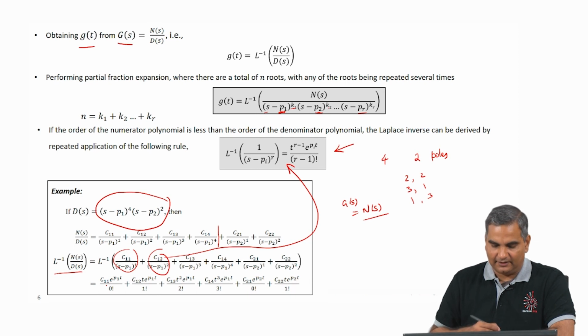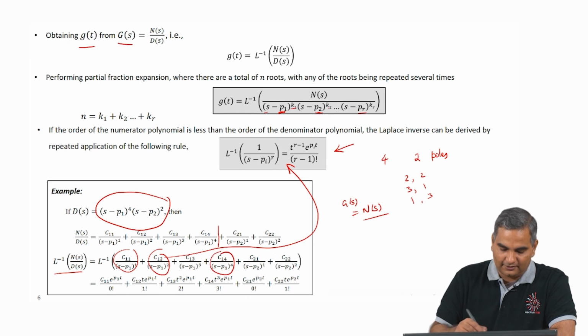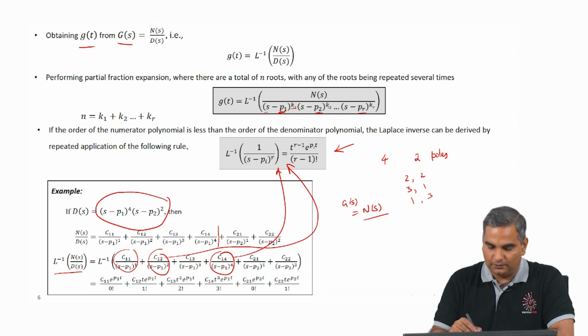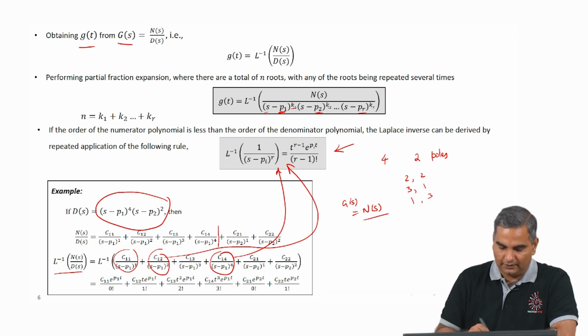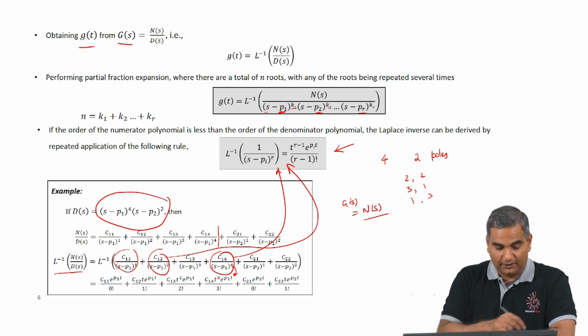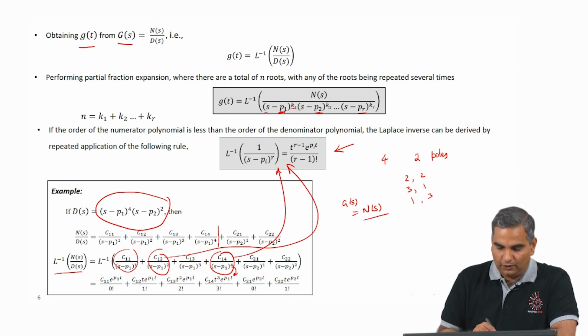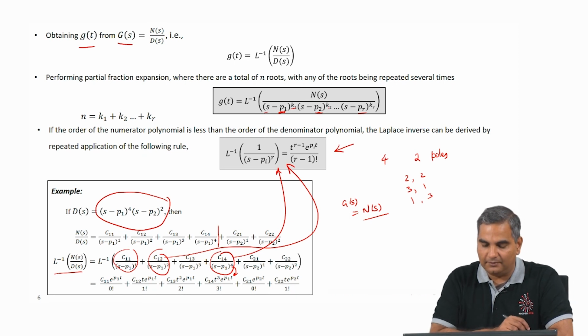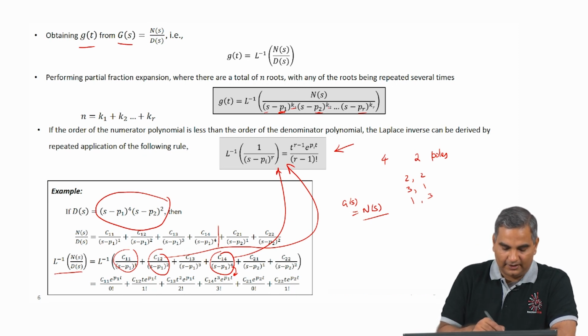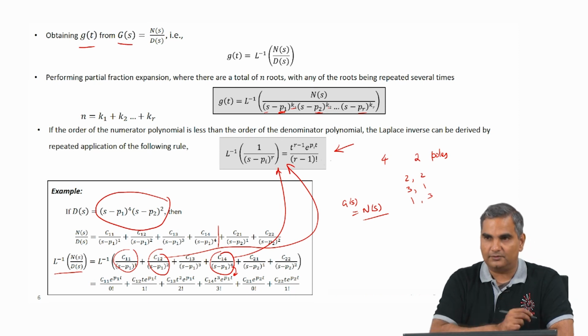Let me take just another term which is a little away from here, and you can work out the other terms. So, let us say I take this term here and I see that r is 4. So, this should be t power 4 minus 1, t cube e power p1 t divided by 4 minus 1, 3 factorial. So, the Laplace inverse of this is C14, which is a constant yet to be determined. I have to tell you how to determine that. Nonetheless, if you had determined that already, this is going to be t cube e power p1 t divided by 3 factorial. And similarly, you will get every one of these terms, because every one of these terms looks like this here.